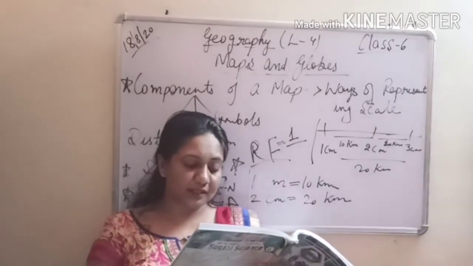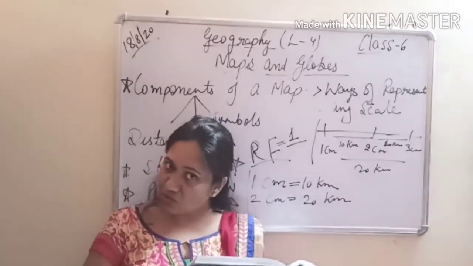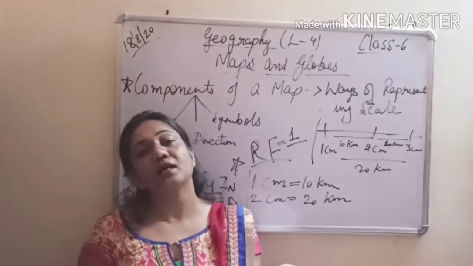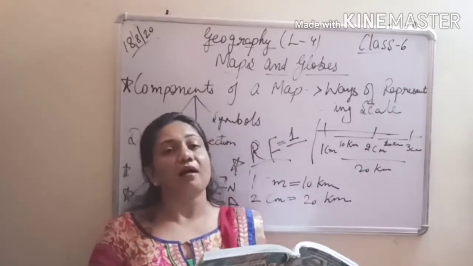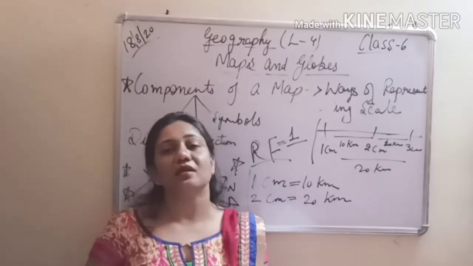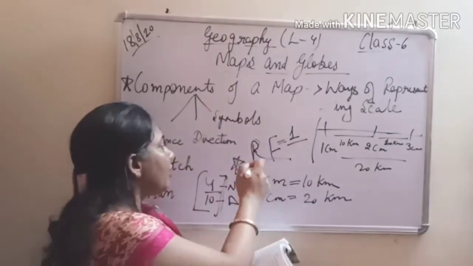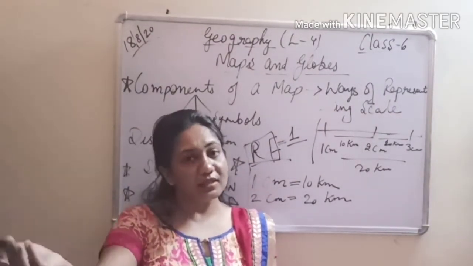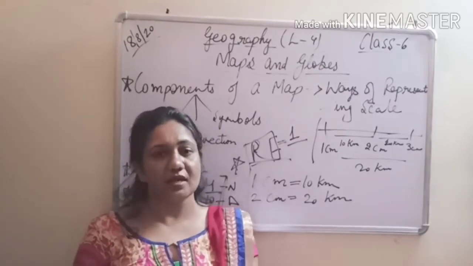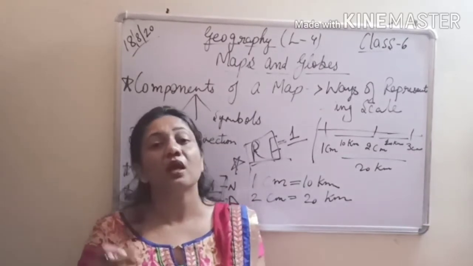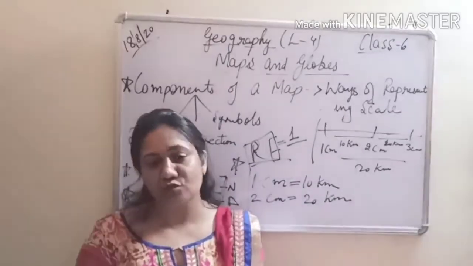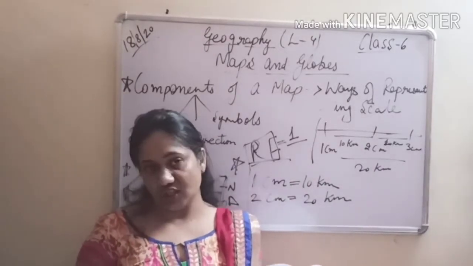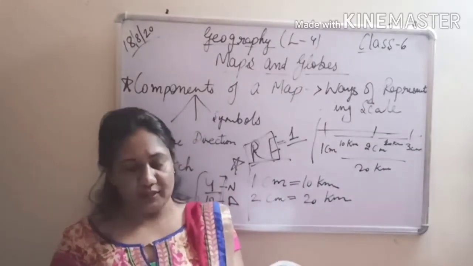1:1 lakh. In this example, the numerator 1 is the map distance, which is always assumed as 1, and the denominator, that is 1 lakh, represents the ground distance. So RF is equal to map distance over ground distance. This is the formula for RF and you need to learn it. So RF is the map distance over the ground distance, where the numerator is always assumed to be 1. It is represented in the form of a fraction, numerator to denominator.